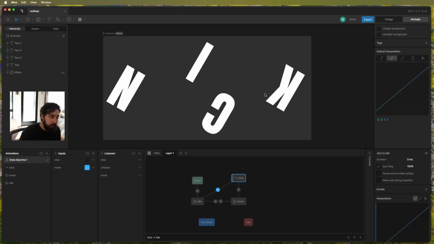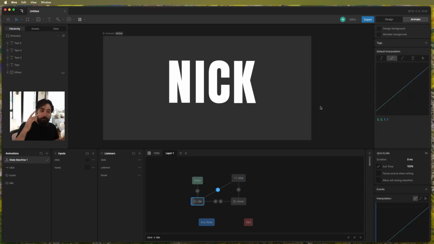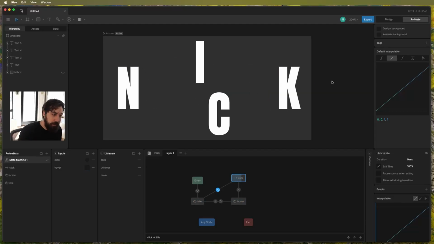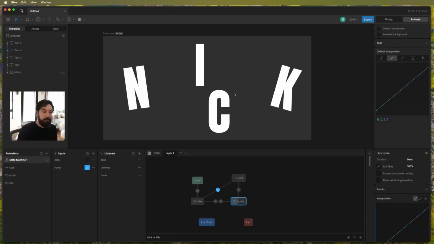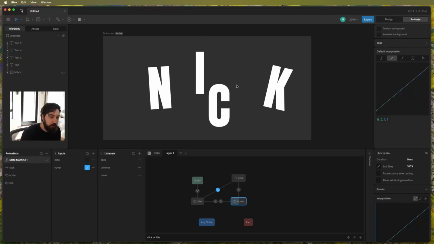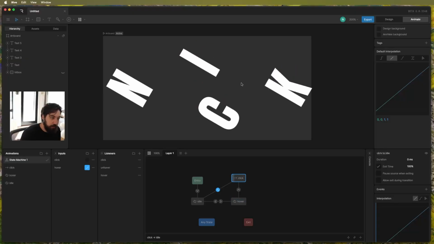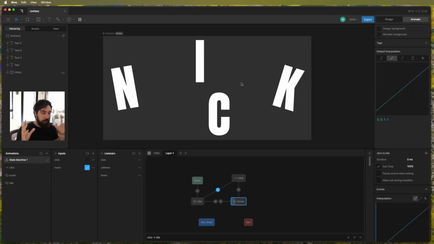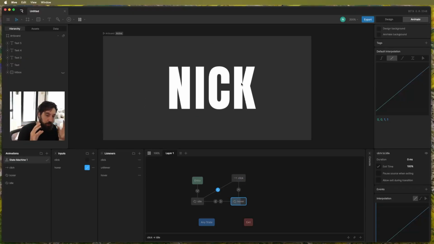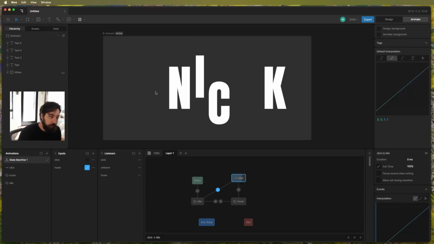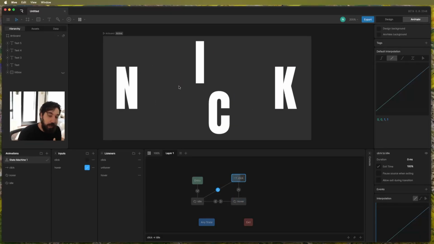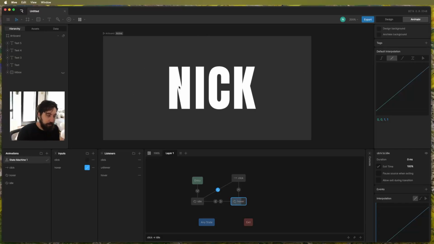Okay, but what if I look at that? Something weird is happening. And as I warned you in the beginning, this is because of keyframes not being where they're supposed to be. So let's break down what is happening. When I click during this hover animation here, there is nothing telling click the position of where these letters need to be. So maybe you like this, right? Maybe this is where you want it to be. Maybe you want the letters to spin around wherever you're clicking. I don't. I want them to snap to the center